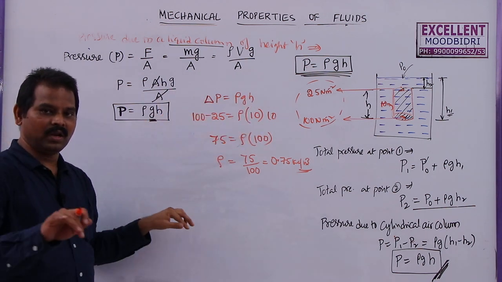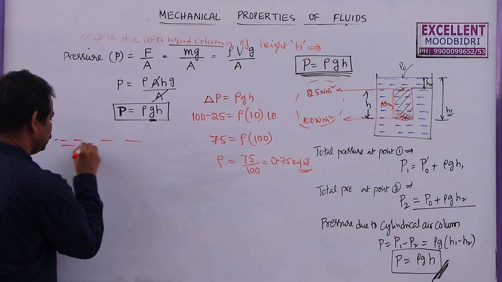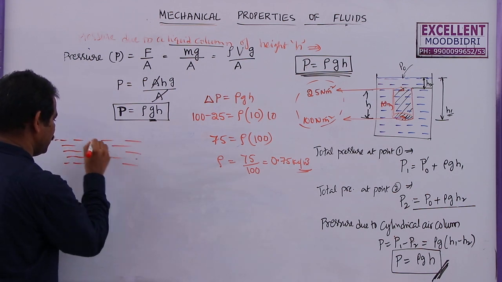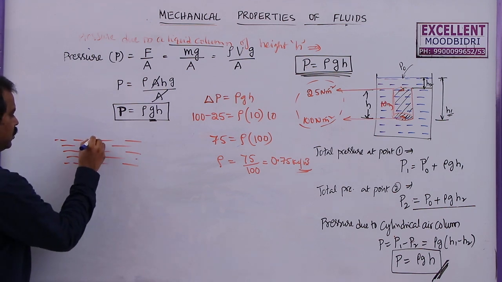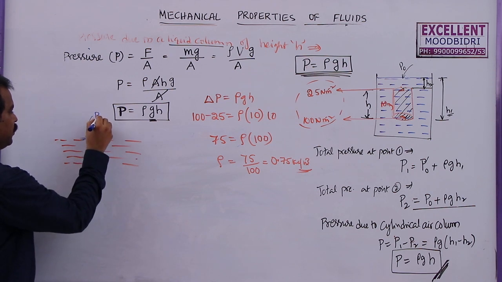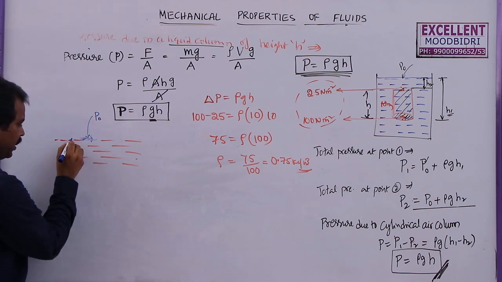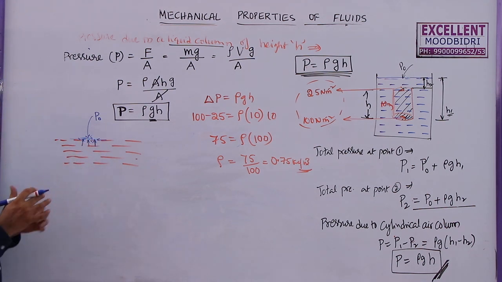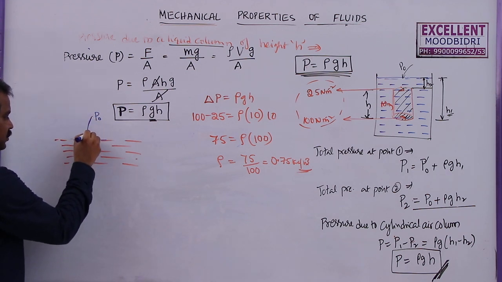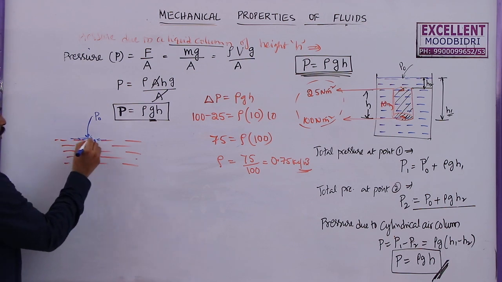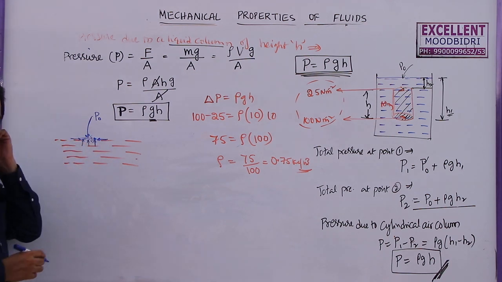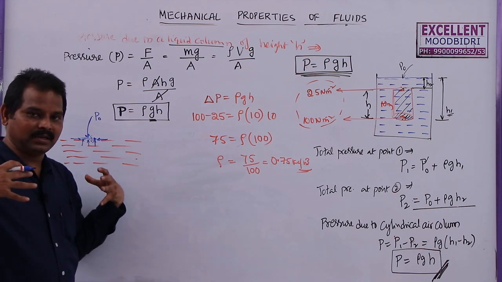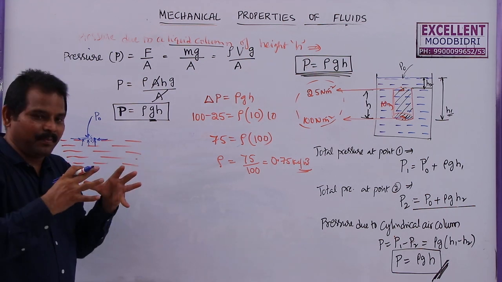Similarly, when we are swimming in a river, so this is the river water. When we are swimming on the top, let us say on the surface, generally only the atmospheric pressure will act here. But at the same time, the liquid which is in contact with you will apply force perpendicular to your body from all sides except from the top. From the top, the air will exert pressure, but from all other sides, the water will exert pressure. Due to this, what happens? More pressure acts on our body, which will try to compress our body.